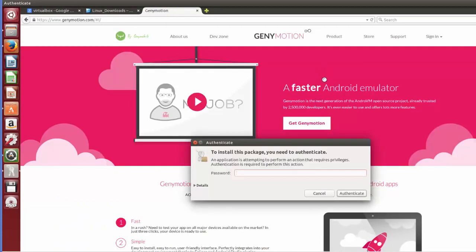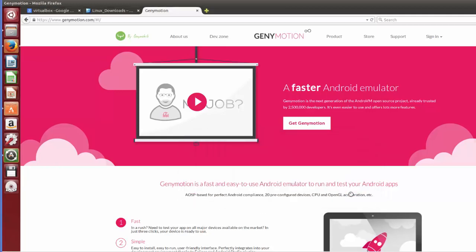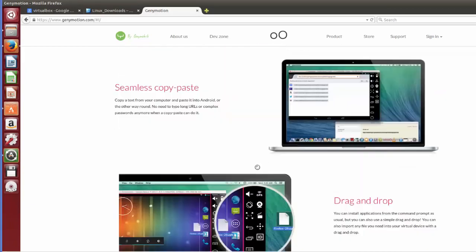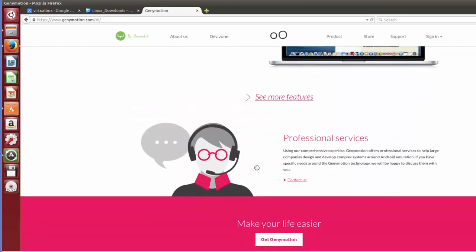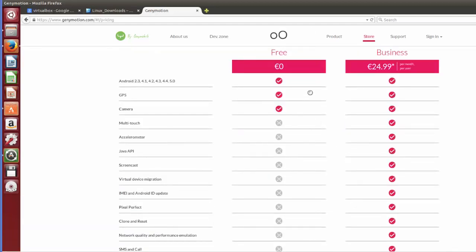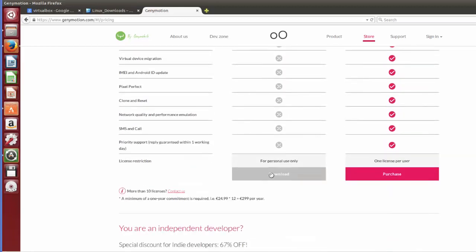and here it's asking me for my password while installing VirtualBox, so I will just authenticate. And in here I will go down and search for Get Genymotion. Okay, and you can see there are two variants available. One is free, one for business. Right now we will install the free version of Genymotion. So just click this download button here,